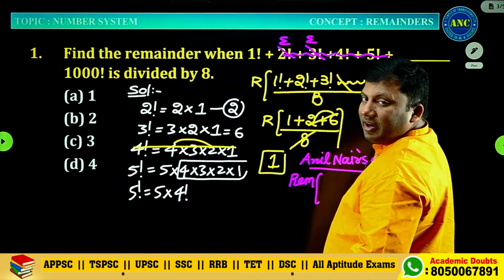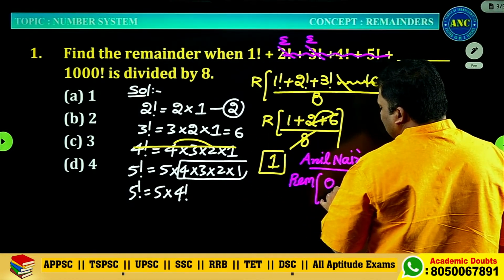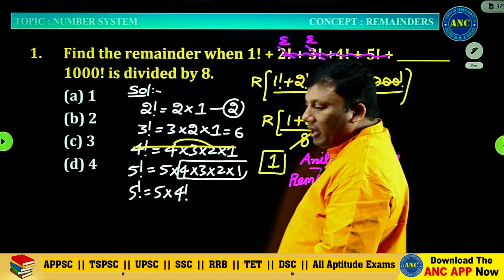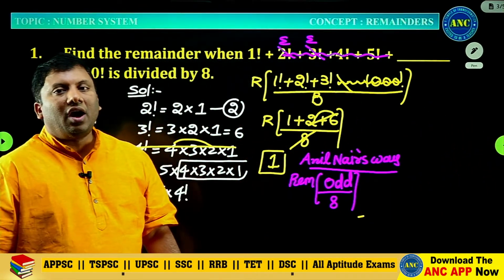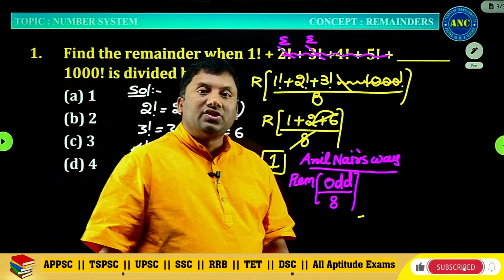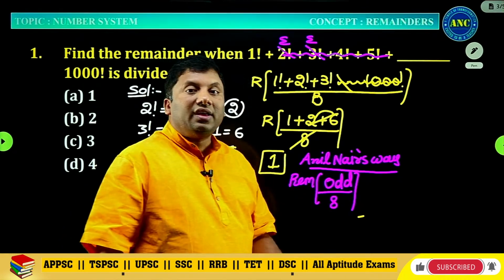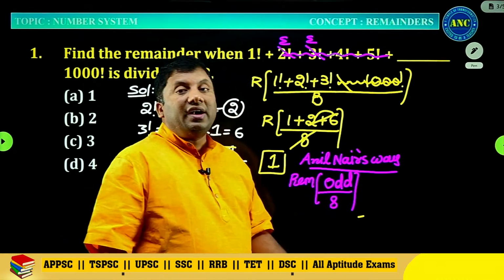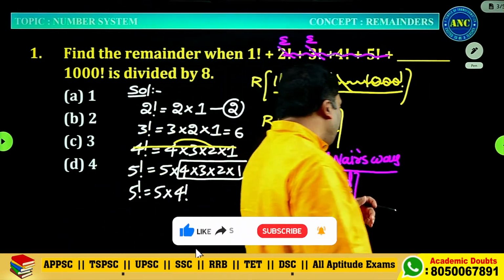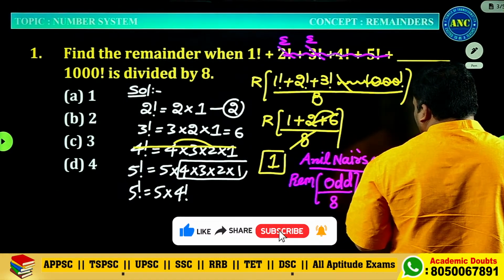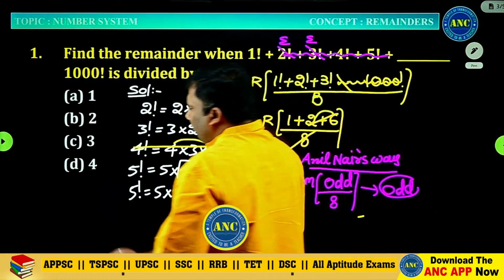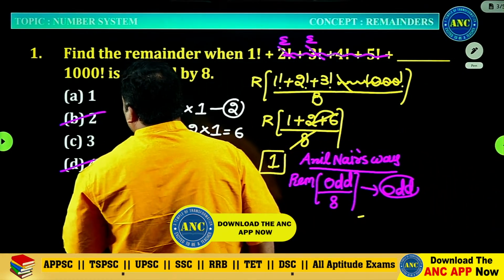Even plus 1 is odd. Odd number divided by 8. Take 1 divided by 8, 3 divided by 8, 5 divided by 8, 17 divided by 8, where 8 twos are 16. When an odd number is divided by 8, the answer should be an odd number. Without even solving it, 50% of the answers are out.